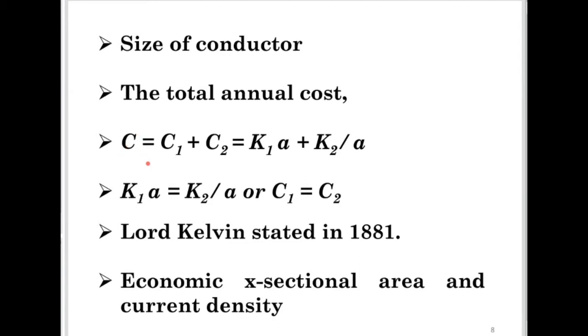Now from this equation, C is equal to K1 times A plus K2 over A, we can derive this situation that for the annual cost to be minimum, because we said we want the economy, and economy is achieved when the total cost is the minimum. Economy is achieved when the total cost is minimum. So when we have the equation C equals K1 times A plus K2 over A, we can find out by doing the first order derivative,